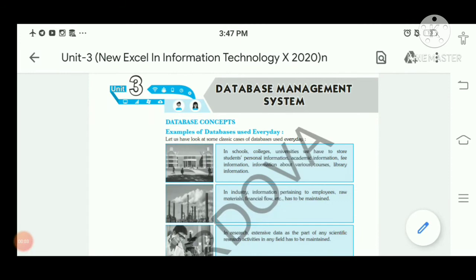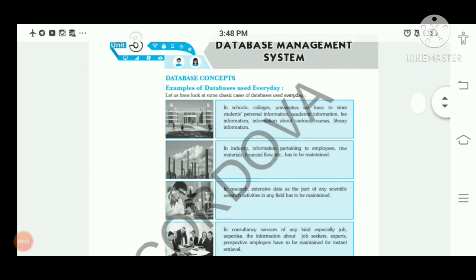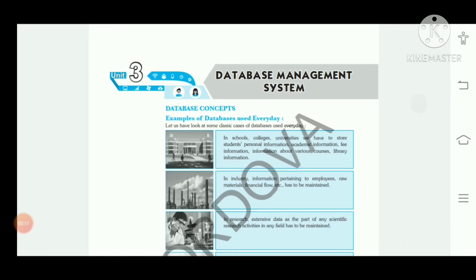So children, our today's task is how we can do the editing in the basic structure of the database, means in the field name, in the description, how we can make the changes. So here we will learn about these things. This is the updated content, you all have the booklet, so from there you will get this topic.